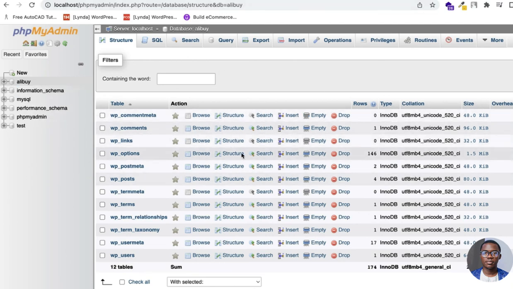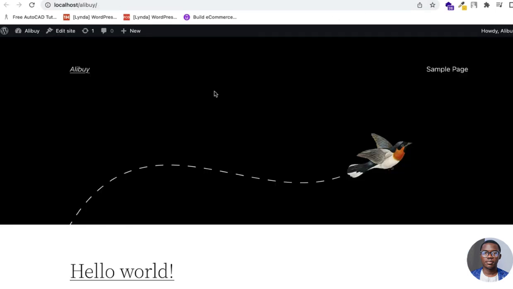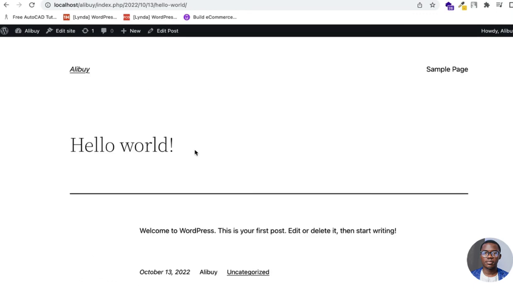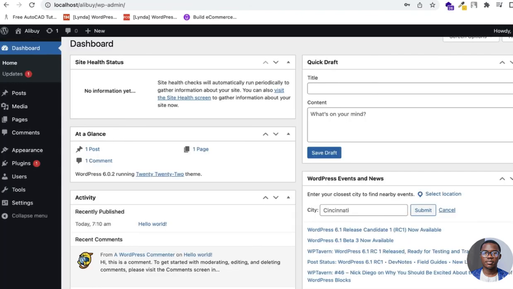Now I just showed you how to do this, but it is not necessary. If you are buying a hosting server and a domain name and then installing WordPress on the internet, you wouldn't bother creating all this database. Automatically, as you are installing WordPress, it's going to create your database for you, and also generate the whole of the columns that you need to start using your WordPress website. So basically, this is just our first experience using WordPress. If you are starting up a blog, it's the same process you are going to take, but in our case, since you are building an e-commerce platform,